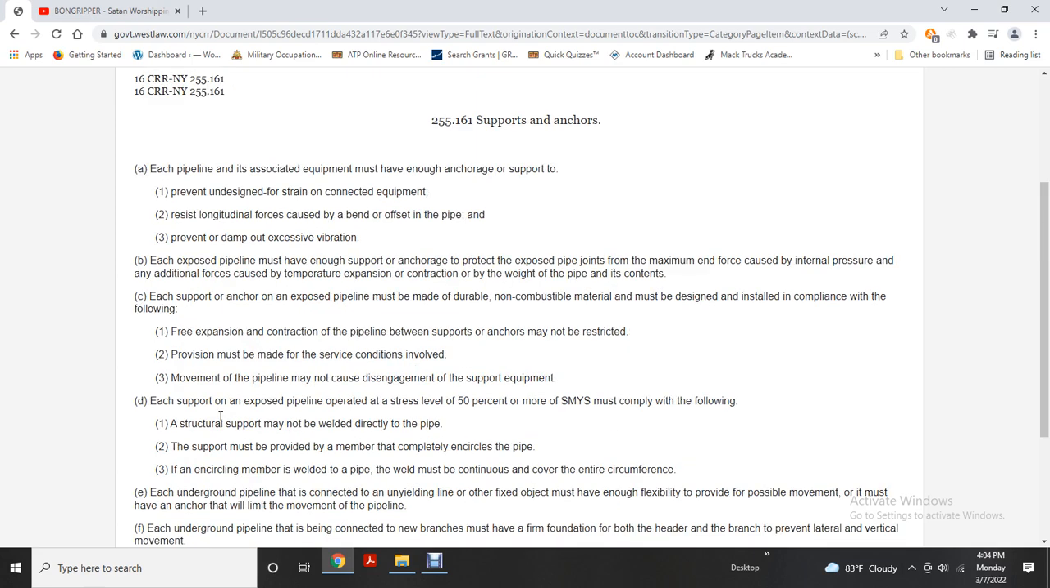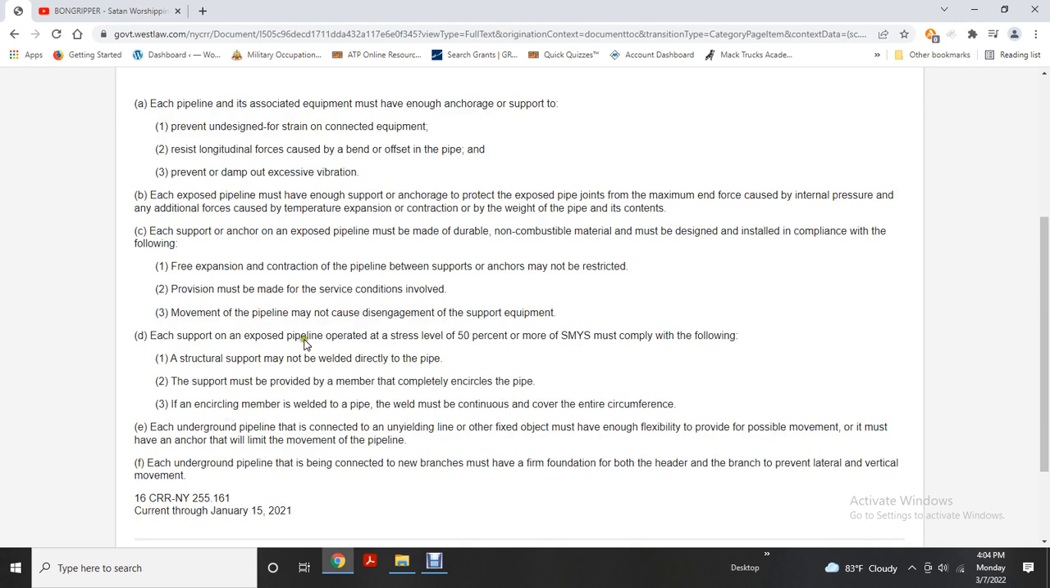Provision must be made for the service conditions that include movement of the pipeline, which may not cause the disengagement of the support equipment. Each support on a pipeline operating with a stress level of 50% of the specified minimum yield strength must comply with the following: actual structural supports may not be welded directly to the pipe. Support may be provided with a member that completely encircles the pipe. If the encircling member is welded to the pipe, the weld must continue with the coverage of